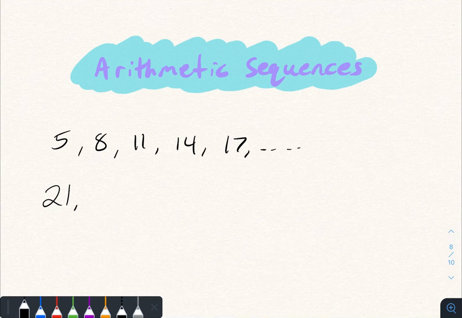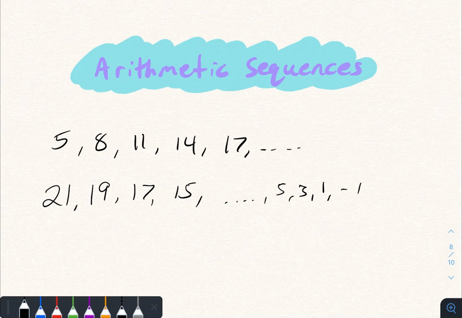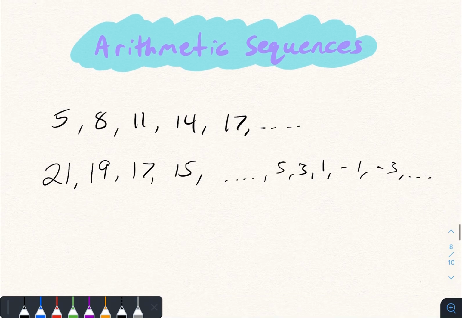You could also repeatedly subtract. So you could do 21, 19, 17, 15, 13, down to like 5, 3, 1. It could keep going into negative numbers as well. So this would also be an arithmetic sequence because you're still adding the same thing, except the integer that you're adding is -2, which of course you could just think of as subtracting the same thing every